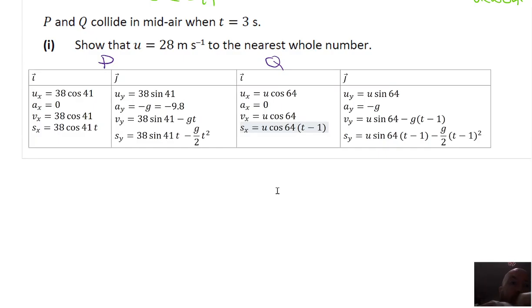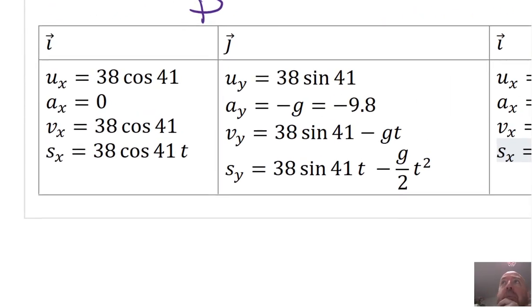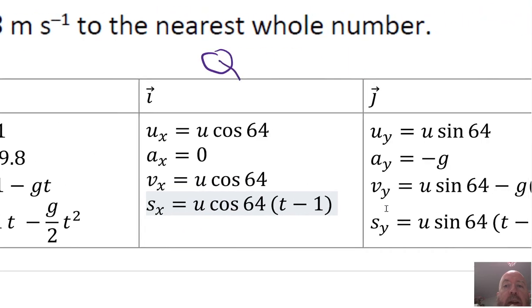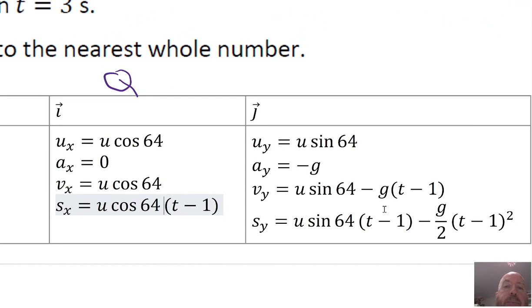So just pause, make sure you're happy that the P numbers are correct, and then that the Q numbers equations are correct. And it's from here, I suppose, this is the same every single time. It's been a bit more work because there's two things and there's a time shift, but it's the same every time. So what we need to figure out now is,